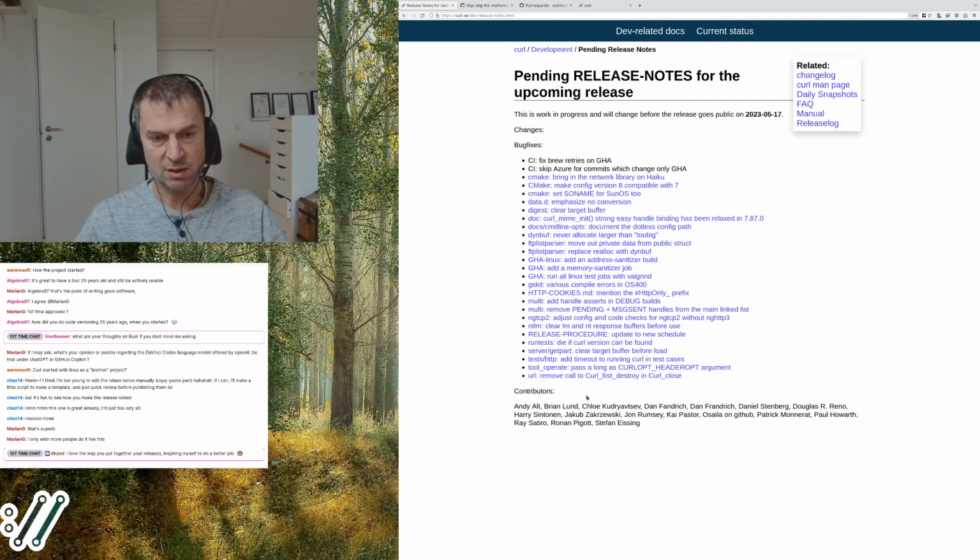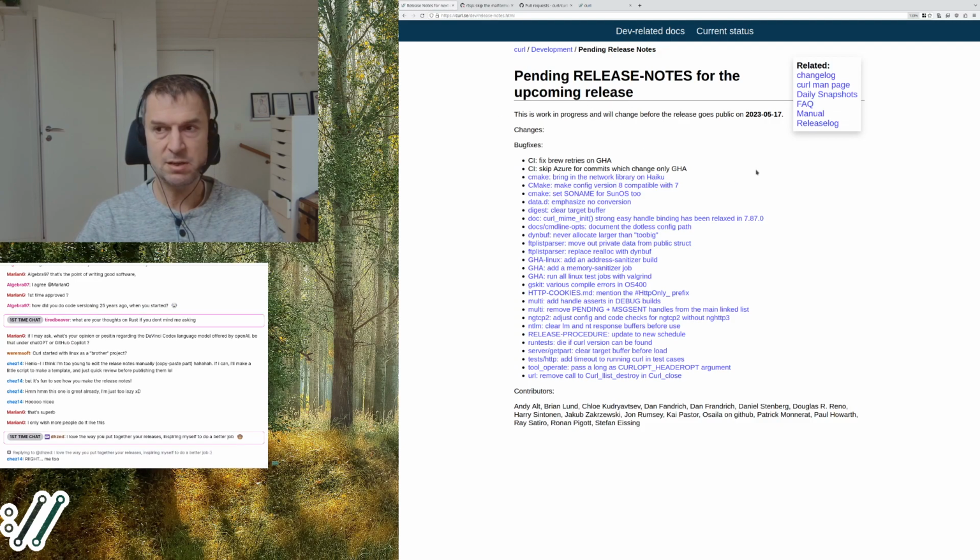Anyone who wants to keep up with what we're doing in the project can just reload this page every once in a while and follow along. Or you can just look at the release notes in Git, of course. The release notes in Git and this page are roughly kept in sync. I sync them every 7 days, so at the time I make a release they're almost in sync. I just have to make this final sync of the last few days, and they get rendered on the website.